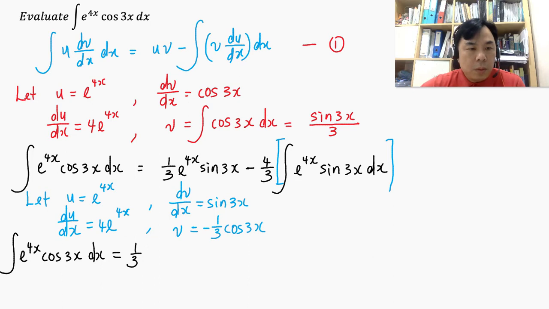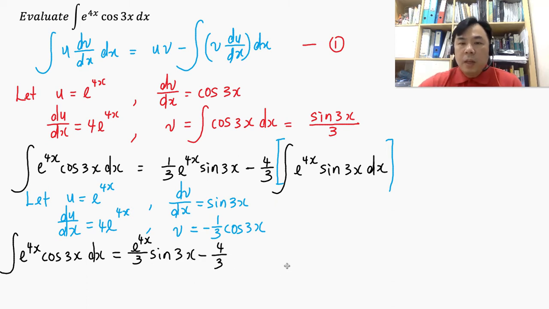All right, so maybe I'm going to write shorter so that I can save more space here. So I have 4x over 3 sine 3x, subtract off 4 over 3, and then this part here we're going to apply the integration by parts using this formula here. And then therefore I would obtain, okay, let me put a square bracket there so it's